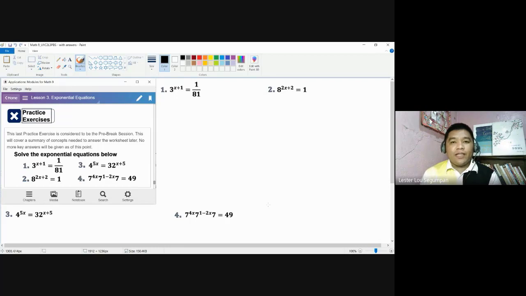There are some real life situations, such as growth and decay, compound interest, and the like, which use the said concept. Right now, we are going to talk about solving these exponential equations, but we have these basic examples here. Let us proceed with items 1 to 4 and solve for the value of the variable which can